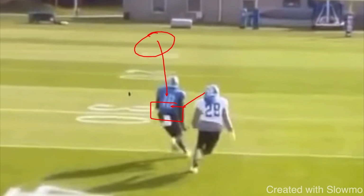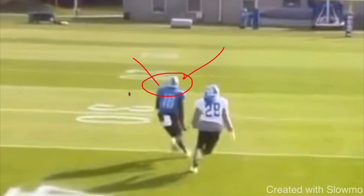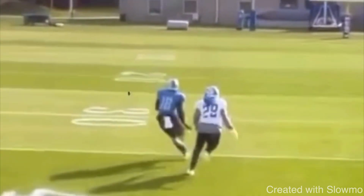He's going to be looking at the hips, because a DB's mindset is, if I'm looking at a wide receiver's hips, the hips aren't going to move. A wide receiver likes to sell the route with his shoulder and his head. That's why DBs are taught eye discipline. You don't want to be looking high because the receiver will lie to you up here with the shoulders and the head. I think as a receiver, that's false. I think we could sell this movement with my hips,